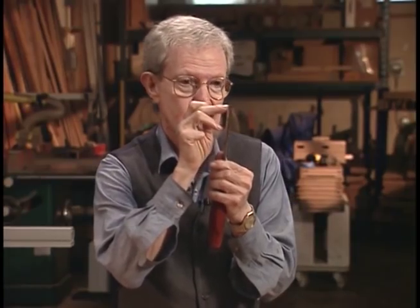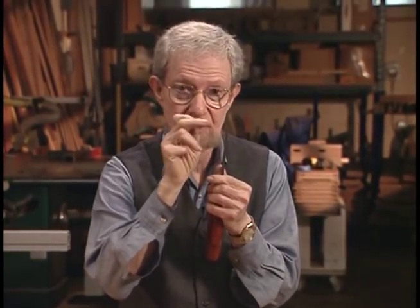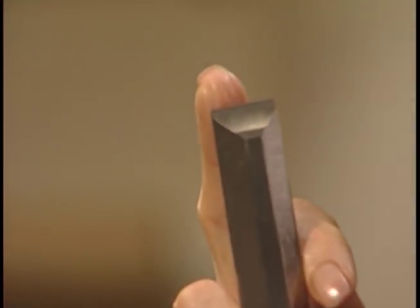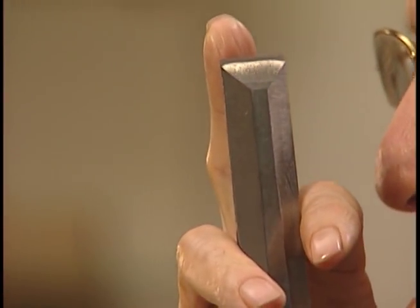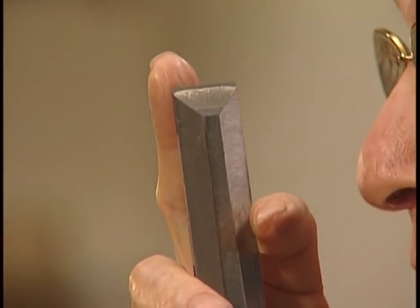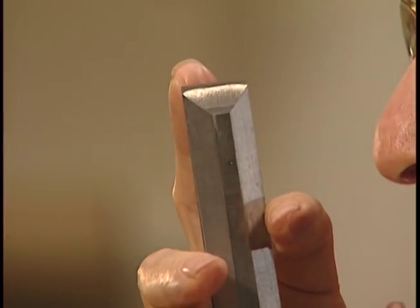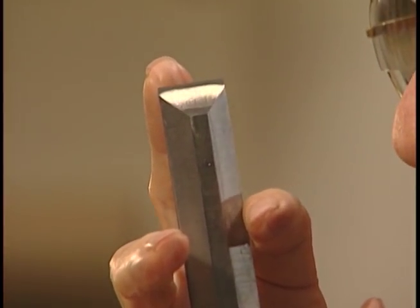Do not move the finger back and forth over the edge or you'll cut yourself. Rather, against the back, make a very acute angle and gently, I mean gently, draw the finger down so that the ridges of skin engage the cutting edge. If the tool is sharp,